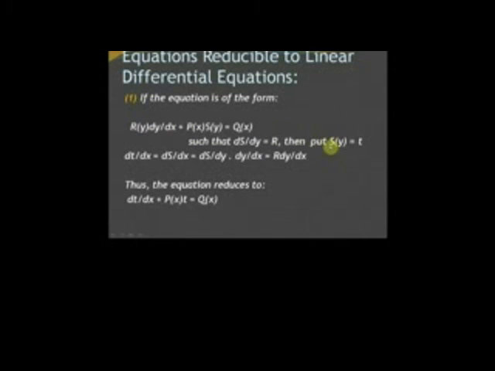Then what we do here is we put s of y equal to t. Therefore dt by dx would be equal to ds by dx, or we can write it as ds by dy into dy by dx. Now ds by dy is nothing but equal to r, so dt by dx would be equal to r times dy by dx. Thus we can write r times dy by dx as equal to dt by dx. Thus the equation reduces to dt by dx plus p of x into t